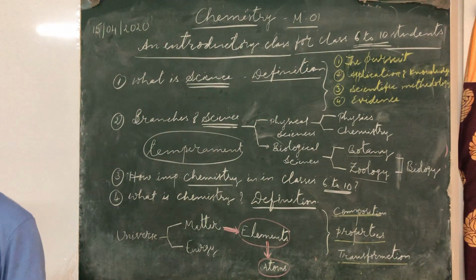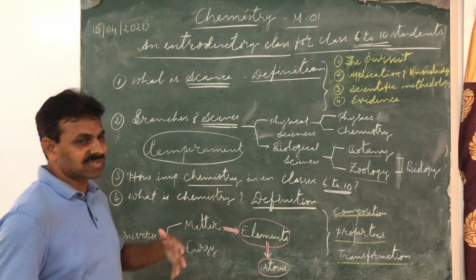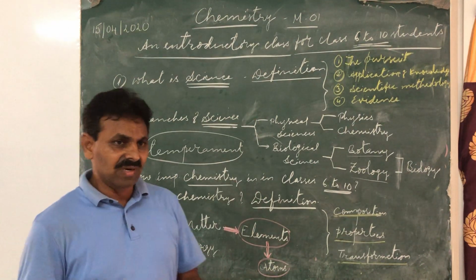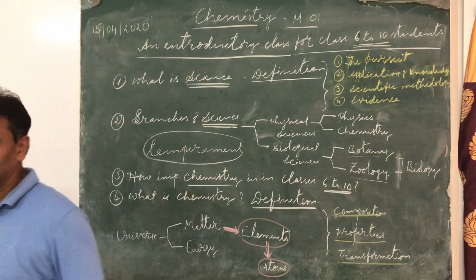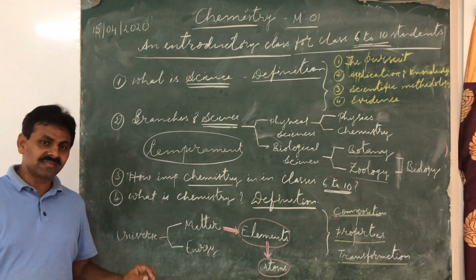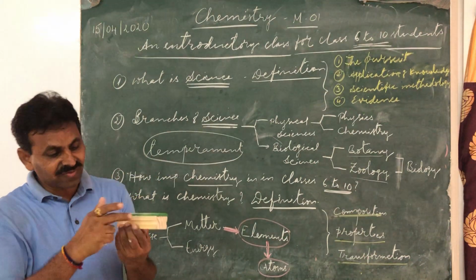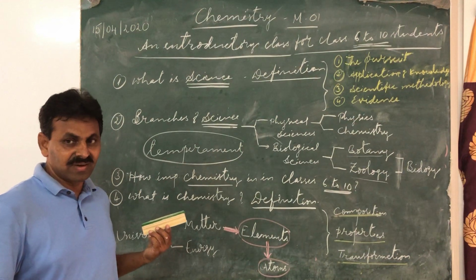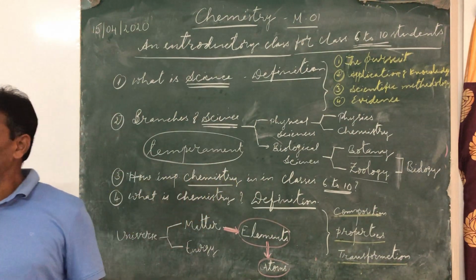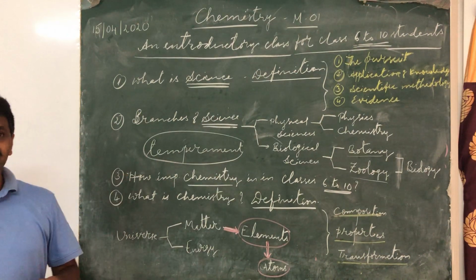Now, what is matter? Very simple. Matter is anything. It may be a duster, chalk, board, shirt, metals, non-metals, water, liquids, solids, gases, anything that occupies some space. Look, this is occupying some space. I cannot put anything else in place of the duster unless I remove this from here. At this place I cannot put this. It is occupying some space. This is also occupying some space. The board is occupying some space. Gases are occupying some space.